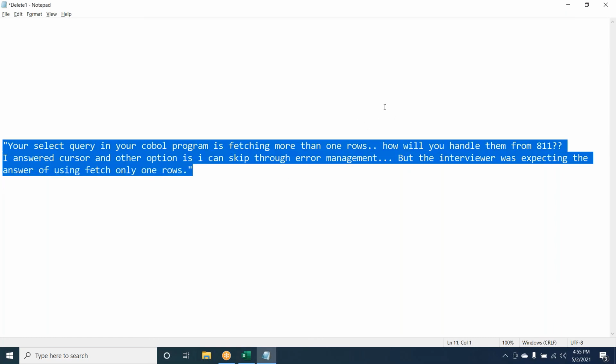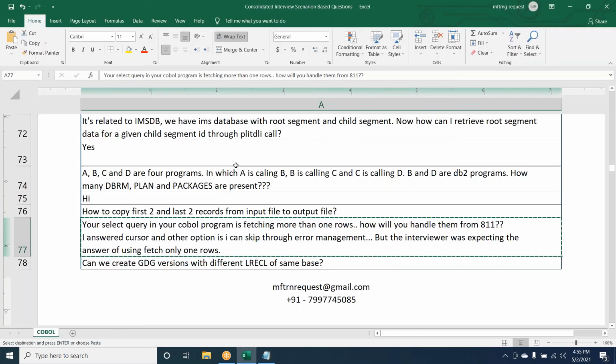What I'm saying is, instead of using field of 1, of 2, or 3, or 4, we can directly give the variable name. We don't need to explicitly mention the occurrence. That is understandable. What I'm asking is how a select will fetch 5 rows at a time. I think that is not possible. We can go for a cursor only. If they are not using a cursor, we can say try using the cursor. That is the best option.